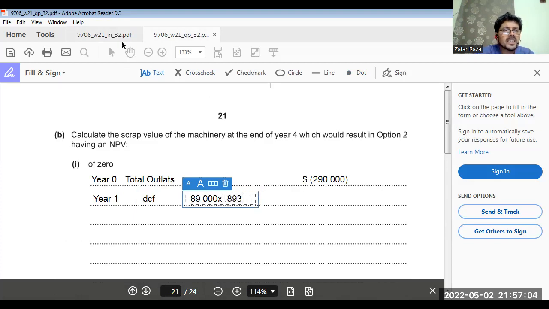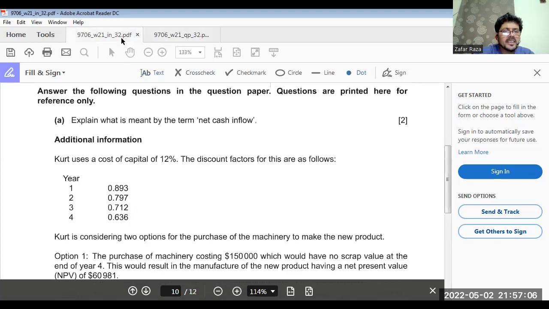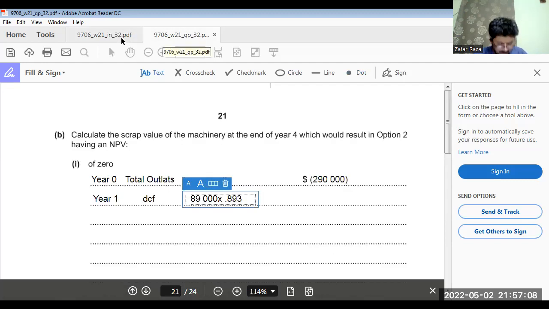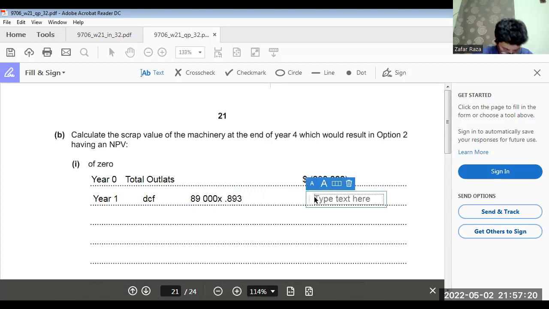That would make 89,000 multiplied by 0.893, which is 79,477. That is the first year's inflow. 79,477. Year two,